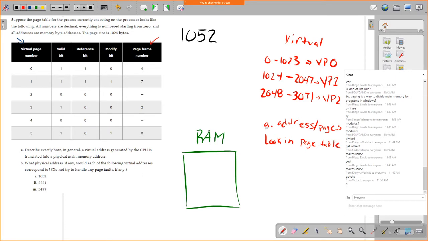So if I had, let's say, 1052 as a virtual address, I would look in the page table. That's on page 1 because 1052 divided by 1024 with integer arithmetic is 1. And then I would say, okay, that's at page frame number 7 in actual RAM. So I would then kind of go backwards, right? I would multiply